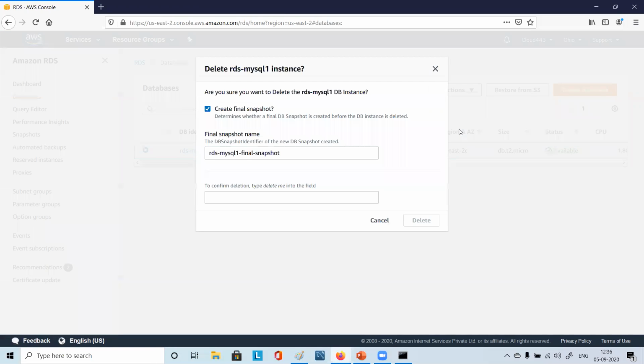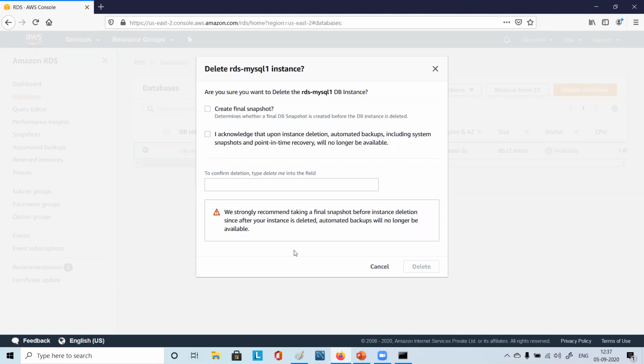So let's click on delete, and here you can simply say delete me. And it says create final snapshot. You can remove that option, otherwise it will create a final snapshot.